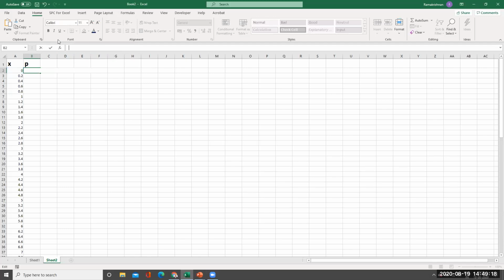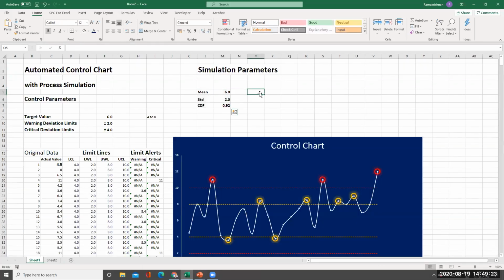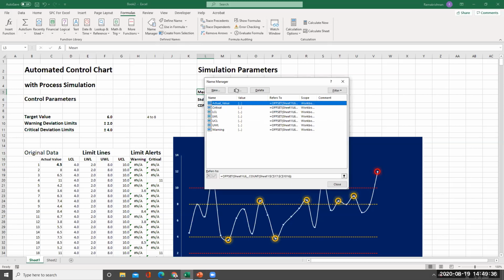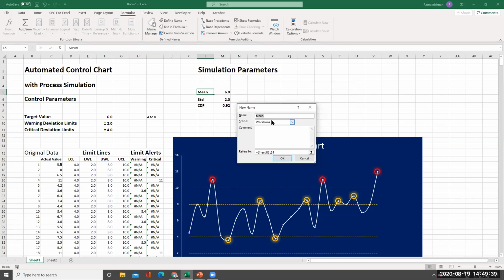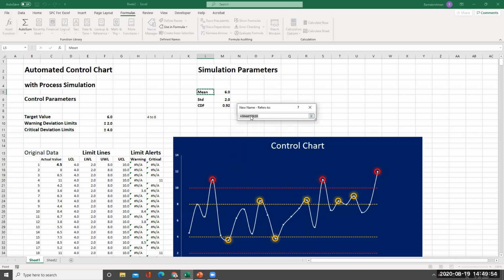Now what we will do is, I will reference this number here. I will name it. That will be better. I'll go to Formulas, Name Manager, New. I'll make that simulation_mean. I'll refer this as this value.